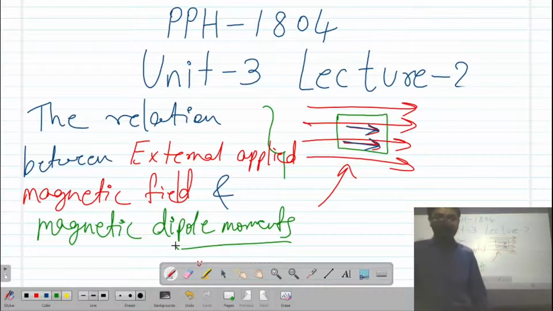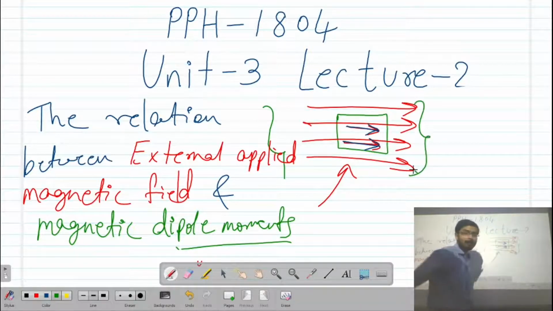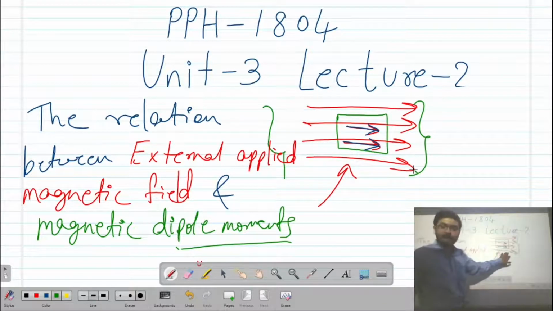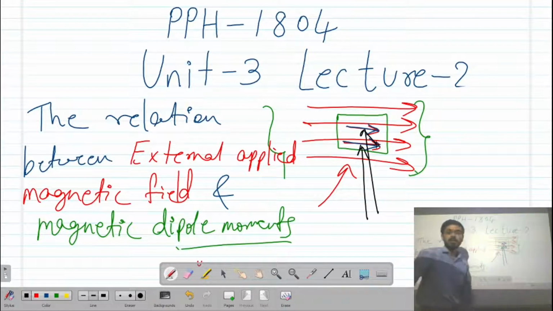We can find the relation between this external applied magnetic field and the induced magnetic dipole moments. So how can they be related?